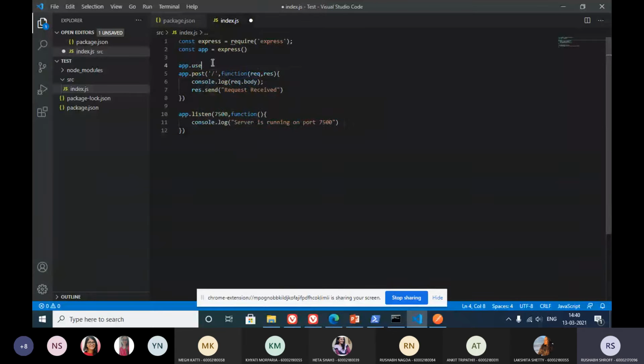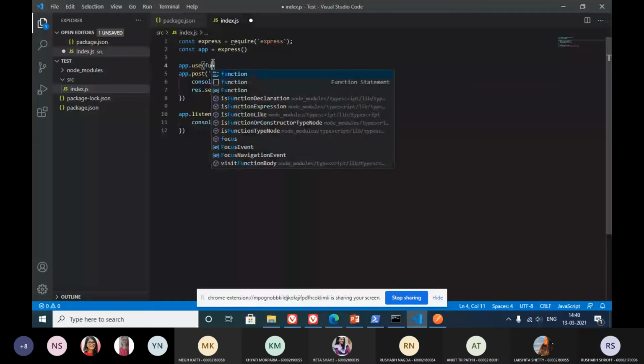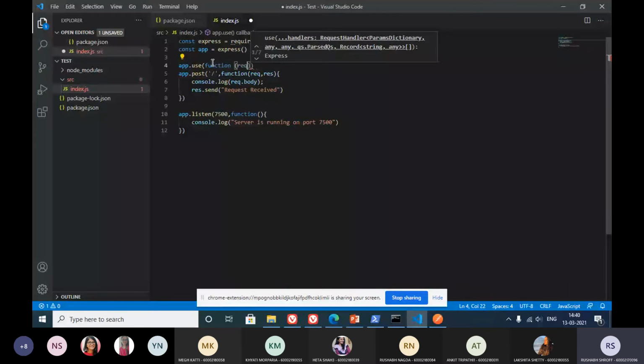If you use app.use, it is going to call the function regardless of the type of the method, and then you can either specify the path for which your application should call this function, or you can keep it blank for all the requests you're getting on your server, like this: function, then request, response.